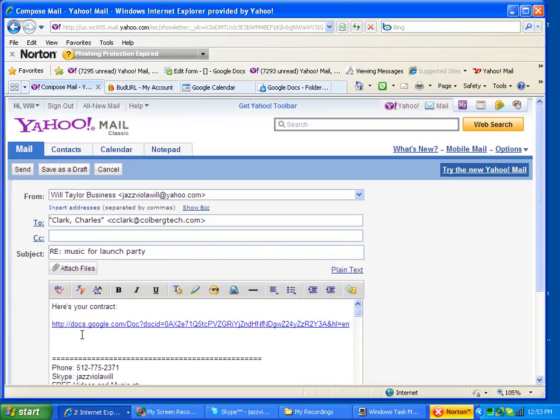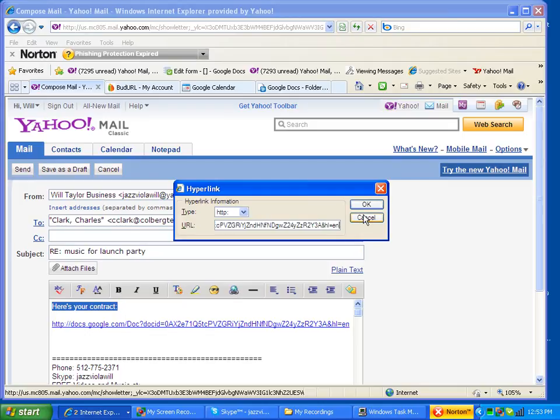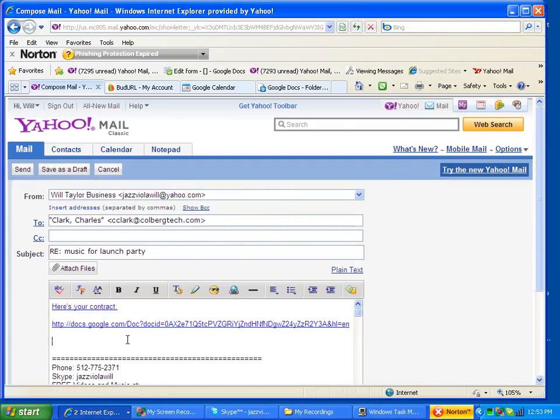Okay, there's the link. You can also select this whole field or this whole sentence. If I want to make that a link, I just click this little link button right here and insert the link in there. That gives them two options of clicking in case this really long link doesn't work and it becomes malformed. Okay, so then I'll say, please look over and let me know if you need to change